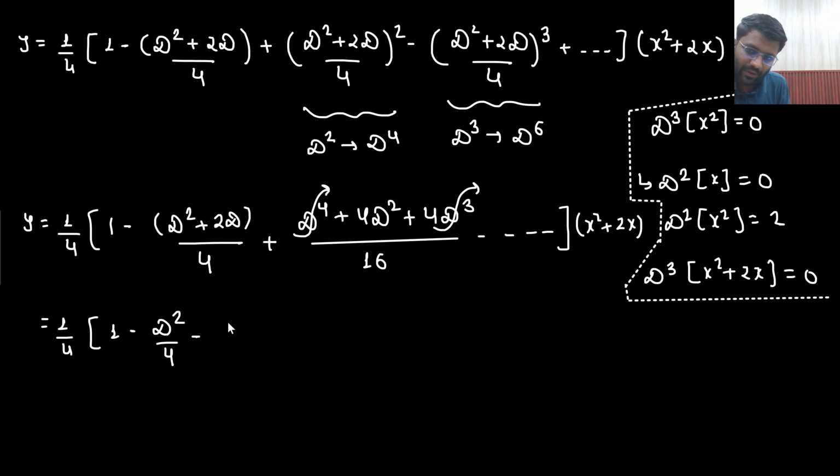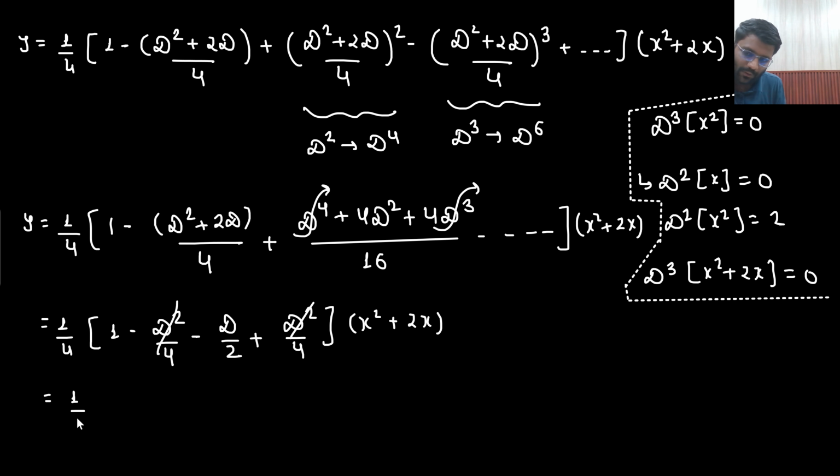1 minus d square by 4 minus d by 2 plus this will become d square by 4. Is that understandable to you? d to the power 2 plus 2d by 4, then there is a negative sign, no? So minus d square by 4 minus 2d by 4, that will become minus d by 2 plus d square by 4, x square plus 2x. Okay, so this and this will get cancelled out. 1 minus d by 2. So 1 by 4 multiplied with 1 minus d by 2,